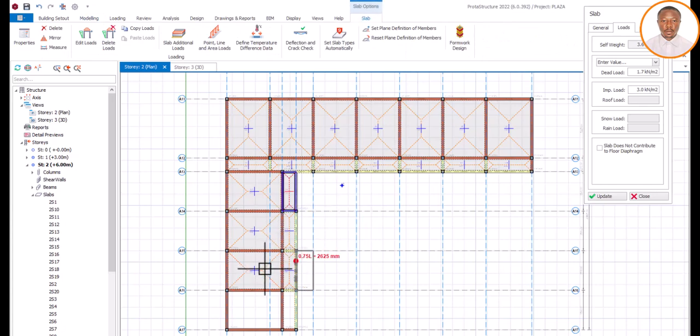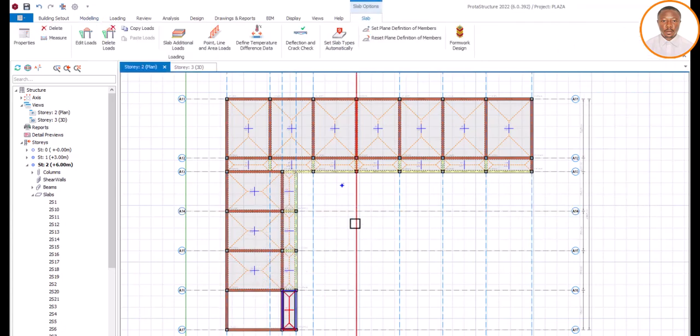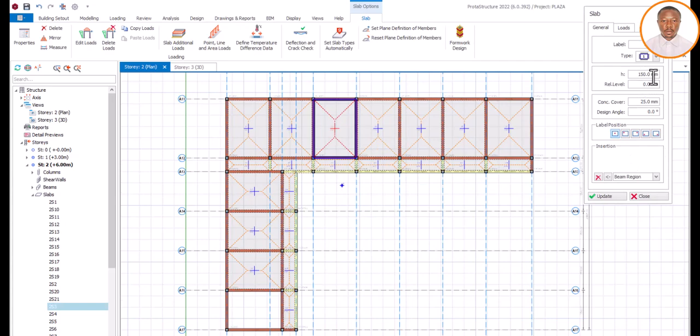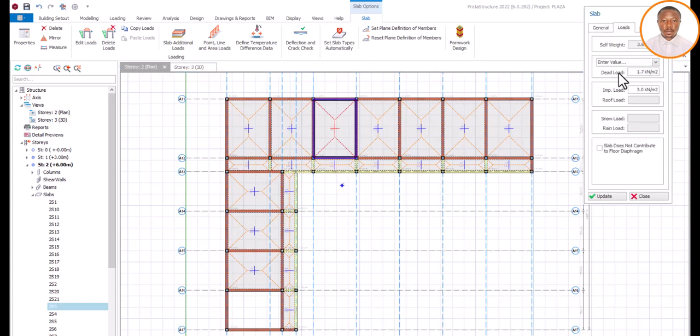So you can see we are done with this. So you can now close this. So this is when it comes to slab loading. Let's check it again. Property, and see our loadings to be sure. Okay, our depth of slab 150, very okay. Concrete cover, okay. Then dead load 1.7, we have explained that. Then imposed load, we have also explained that when it comes to